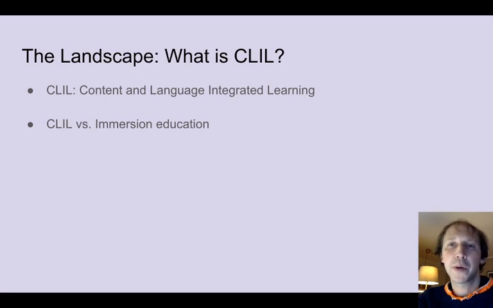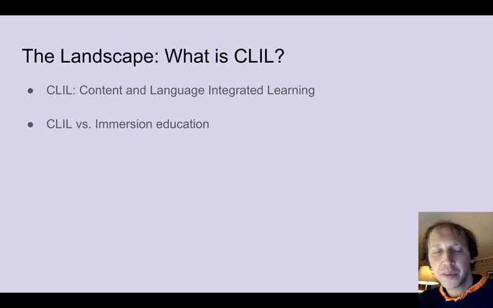Mehisto and Ting really talk about how this is really a two-language education system where you've got students who are learning some of their subjects in the L1 and some of their subjects in the L2. I think what this means for the CLIL context is that there's more of a division between the languages, and definitely there's crossover, and the book talks a lot about how you'll use L1 in L2 subjects and vice versa. However,